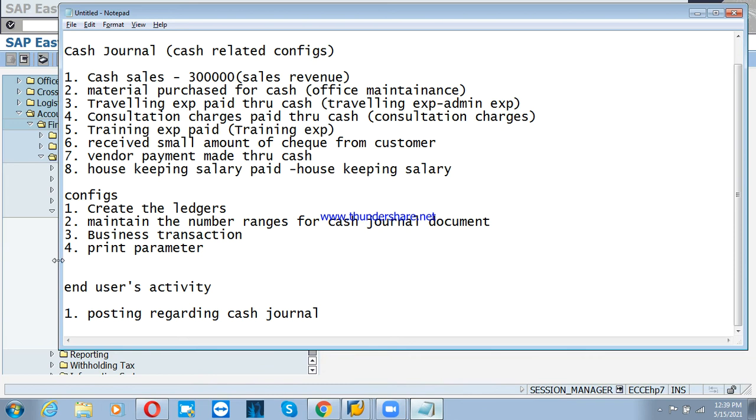It does not come under APP, but we are having the payment method as cash, but we have never maintained this cash related payment in APP. Okay, so we are not going to do any configurations related to cash in APP. Only 2 methods we are going to use in APP, that is bank transfer and check related configurations, right? For cash transactions, we are having the separate topic called cash journal. That is not related to APP. It is a separate topic. Okay. For that,